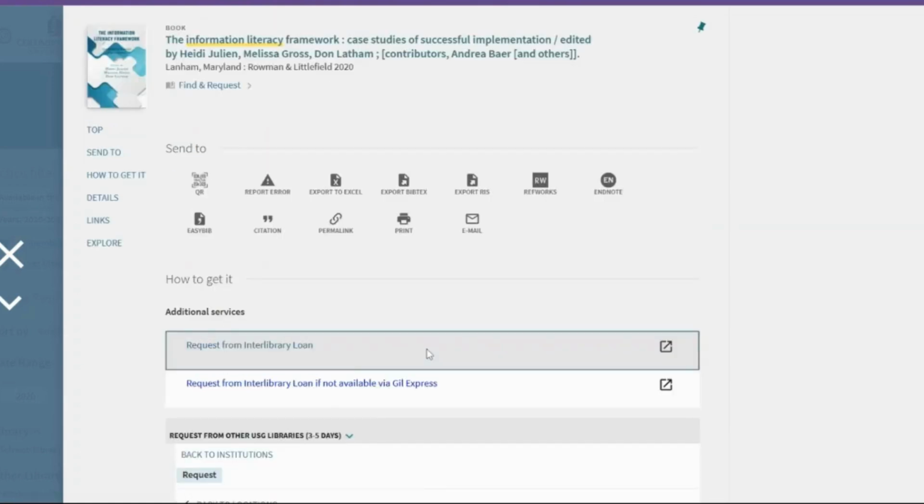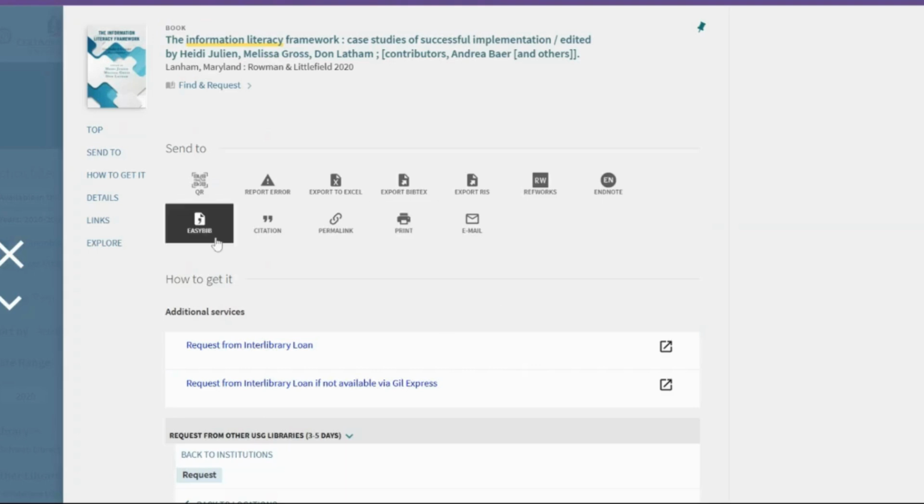Just a few things to note within the entry that's very similar to Galileo. There's a bunch of different options on how you can save it. You can export it to different citation management software, so EasyBib, RefWorks, and Note. You can export it into different formats so that it will upload to software like Excel and whatnot. You can print the article, email it to yourself, and if you want the link to get back to it,